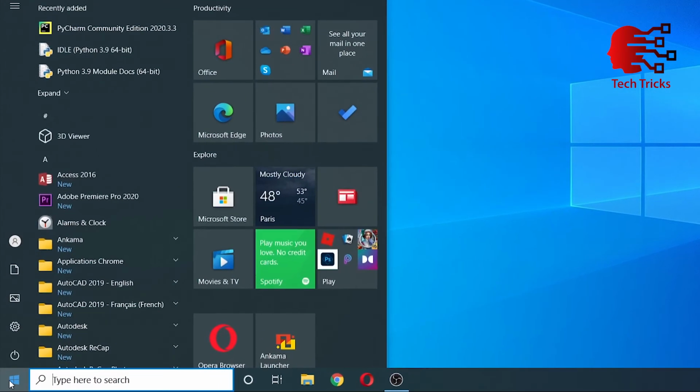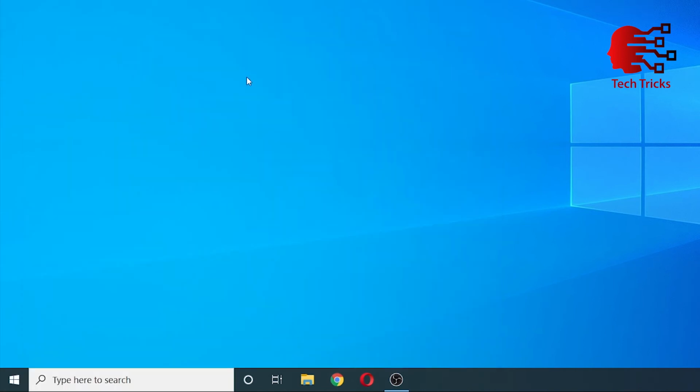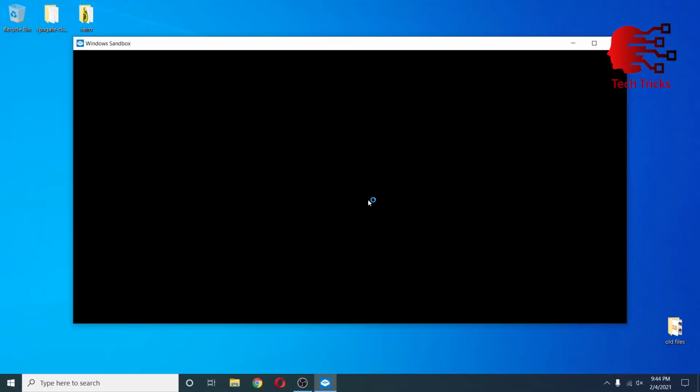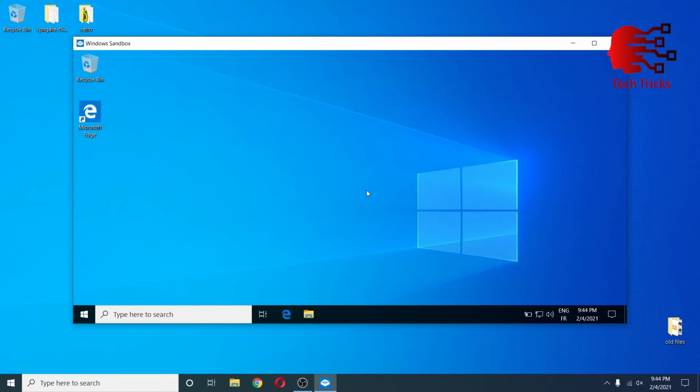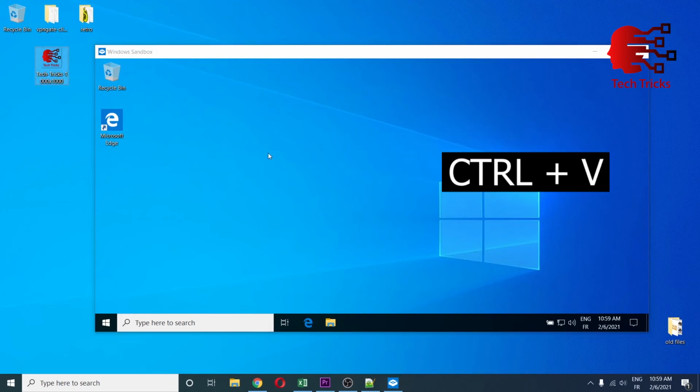Just simply go to Start menu and search for Sandbox. And here is our one click. Wait a few seconds. And here is our virtual machine ready to be used. To share folders between your PC and the virtual machine, just simply select the file, press Ctrl+C, and then Ctrl+V